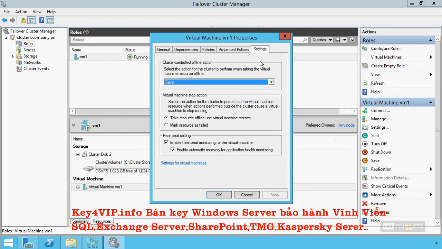Now there is over here in the settings screen one item that I think you should be aware of. There are 3 different items here as far as what do you want to do when the virtual machine goes offline, what the stop action should be, take it offline or mark it as failed. The big one down here called heartbeat setting is a new feature that Microsoft wants you to be aware of. This heartbeat setting